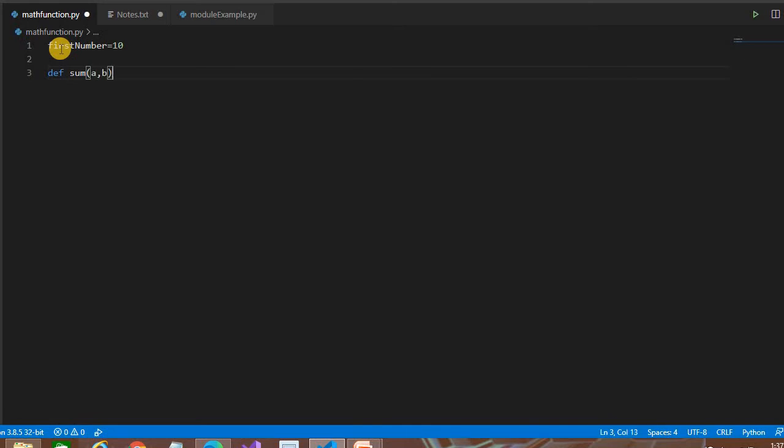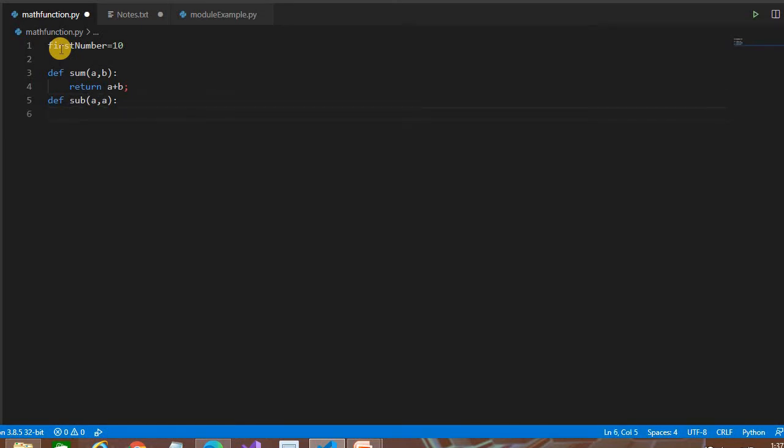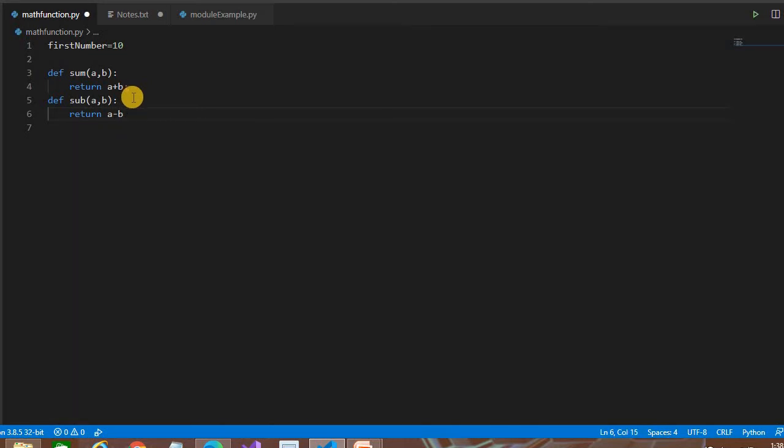Then division, then subtraction. We can write something like a minus b. Let's declare one more method, multiply.